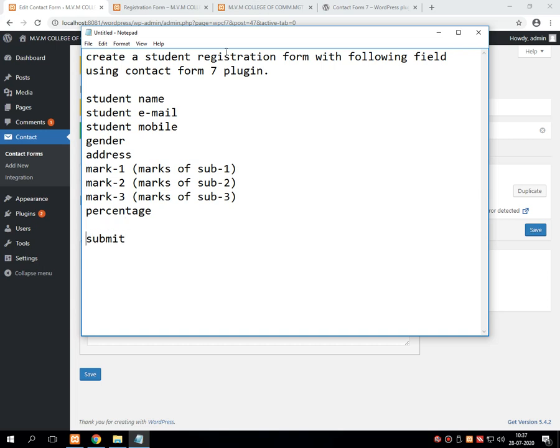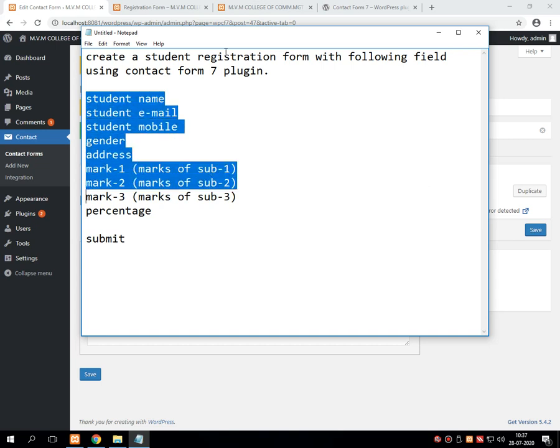Whenever you click on this submit button, all of these details should be submitted into the database.